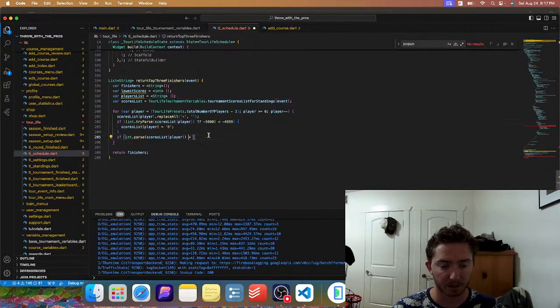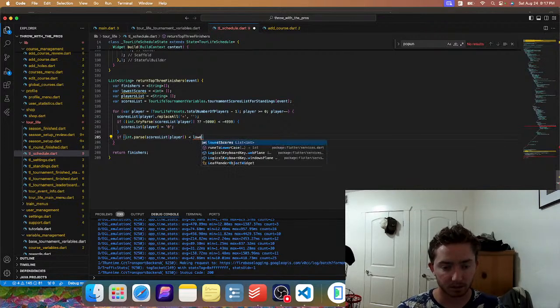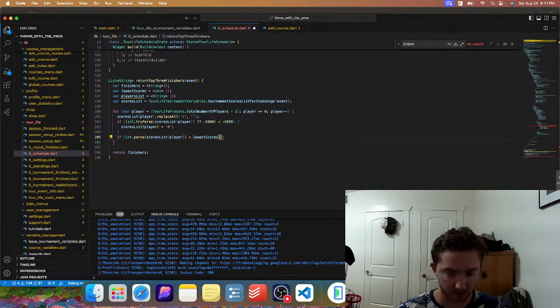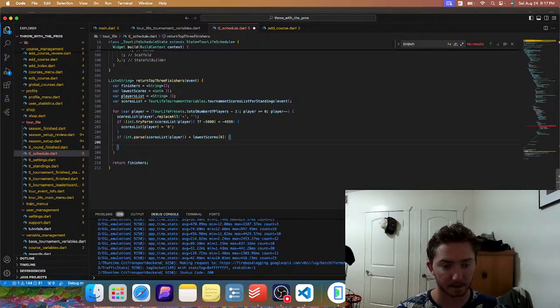That should work fine. If scores list player is less than lowest scores 0, then I want, so here I'm saying if the score of that player is lower than the current lowest score I've found, then that needs to be the new lowest score. So then lowest score 0 needs to be equal to